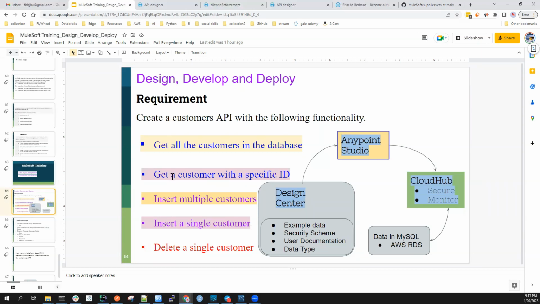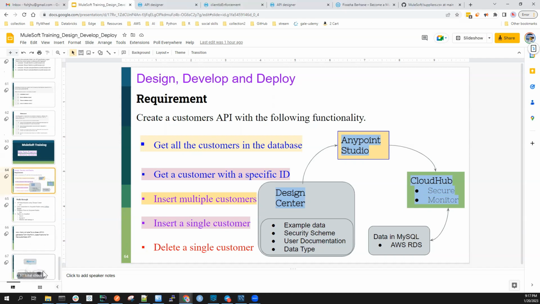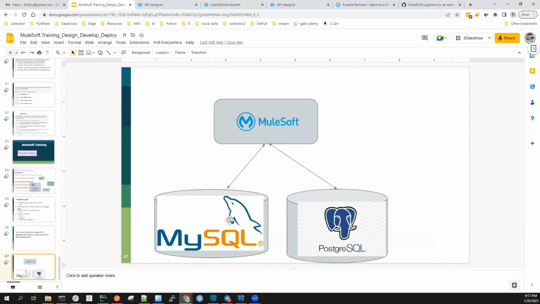And then in Anypoint Studio, using REST Connect, we can request the other APIs. For example, if I have some of the data in MySQL, some in Postgres, and some in S3, when I pass a given customer ID, it should get the corresponding data sets from all the sources, combine them, and return them. That should be the function of the higher level API, for example. So that is what we are going to do tomorrow, but